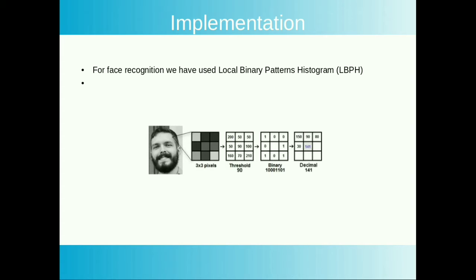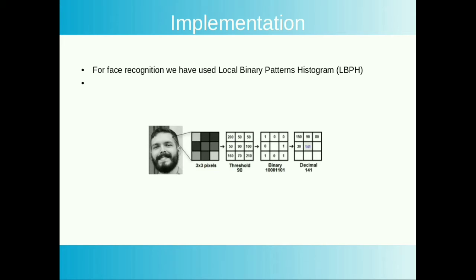Here it is 90. This threshold value is compared to the values at the neighboring 8 elements. So it is compared to all the neighboring cells. The cells where the value is greater than or equal to this threshold are considered as binary 1, else binary 0. So we have the matrix and its binary representation as 1 triple 0 double 1 0 1 in this case. Now this binary number is then converted to a decimal and assigned to the central cell.